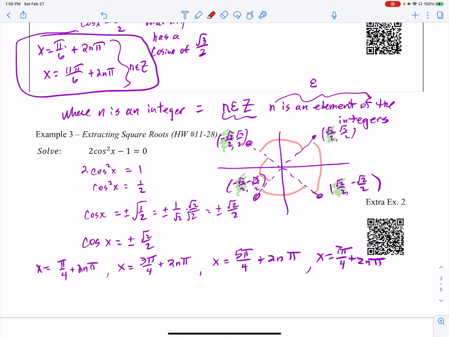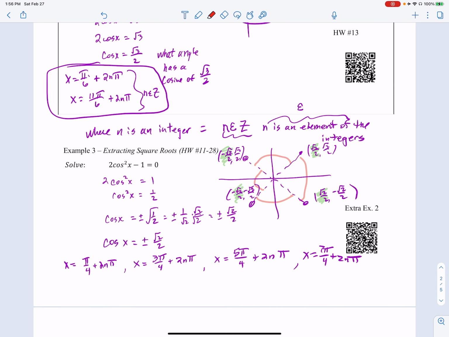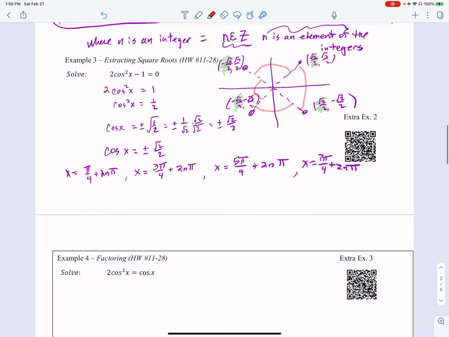Every one of those has the same amount of rotation between them. So I can actually write this more concisely as pi 4ths, and then I want 90-degree rotations between them, so I can make it pi halves times n,